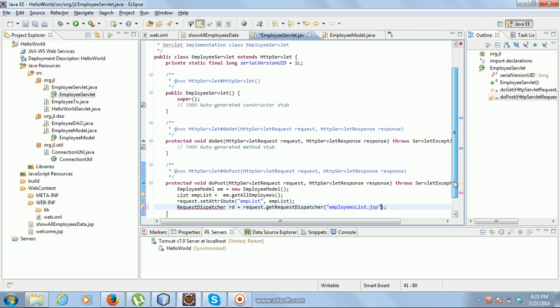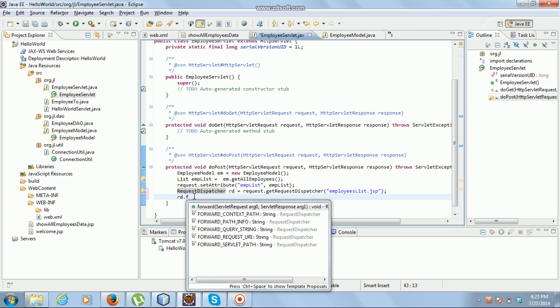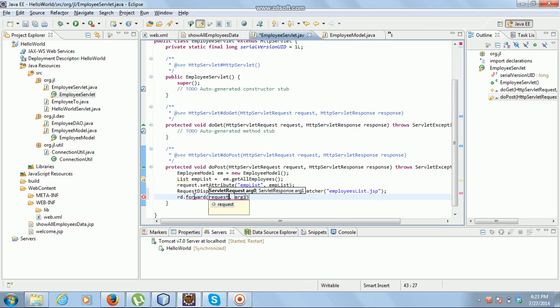That means I am forwarding the request to another JSP. rd dot forward request, response. So I am forwarding the request to the JSP page. We have to create a page called employee list.jsp,